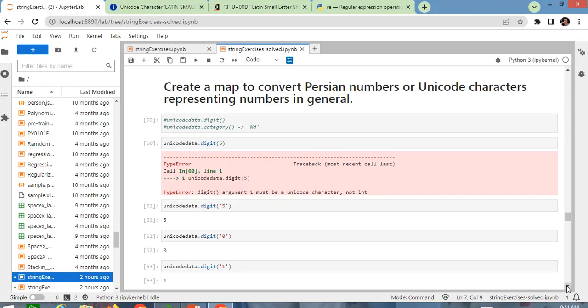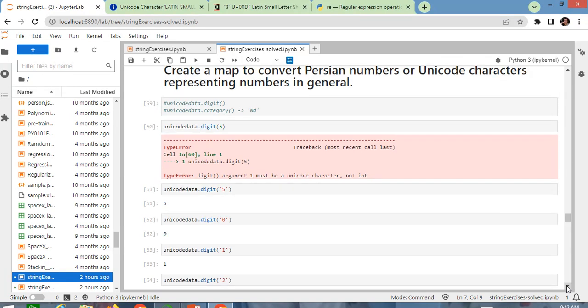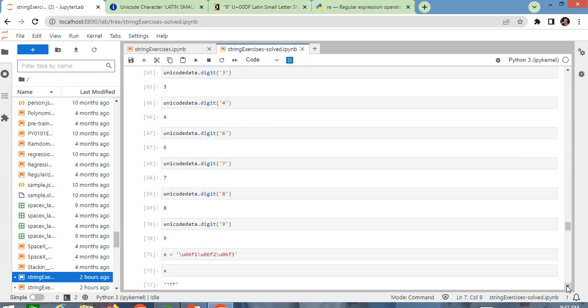The digit method returns the digit value, and the category method returns the overall category. If we give the integer to the digit method, we will get an error because it is not a Unicode. Finally, we make this map,